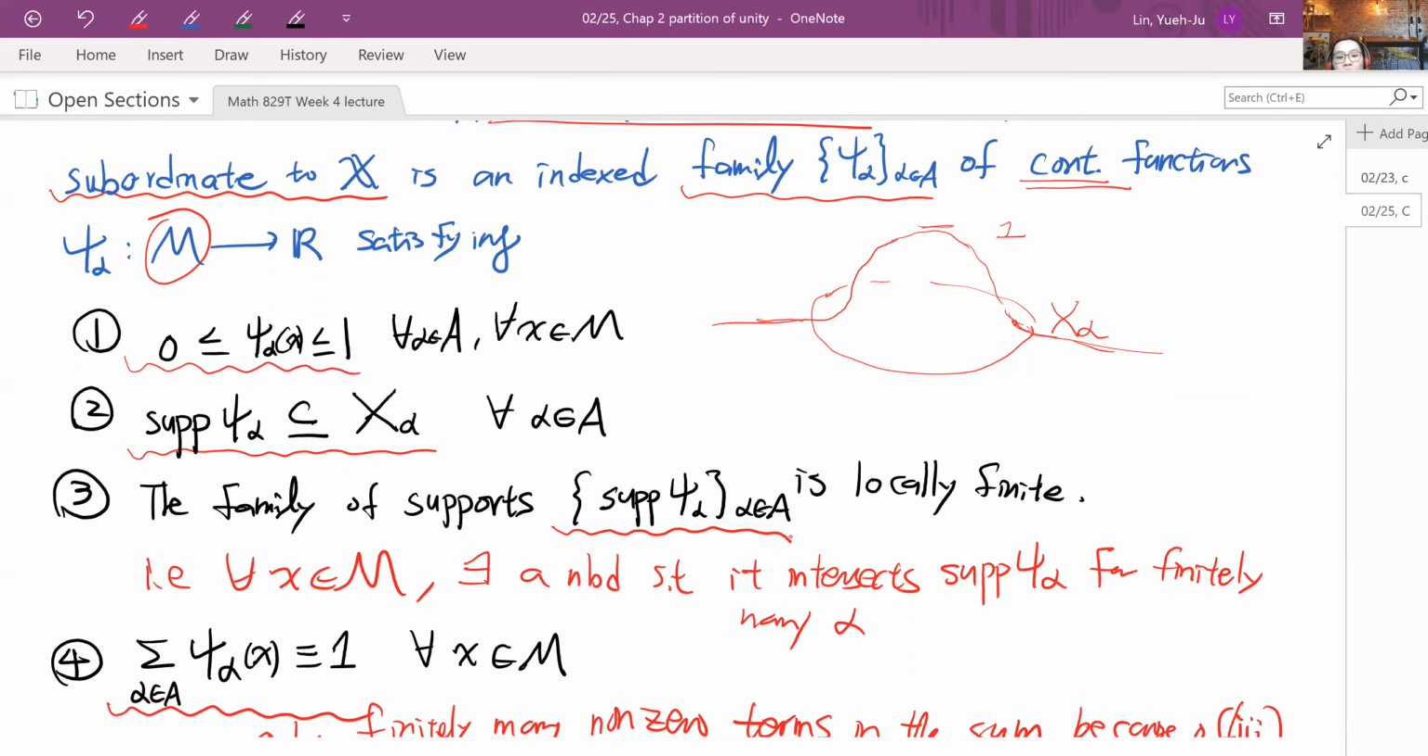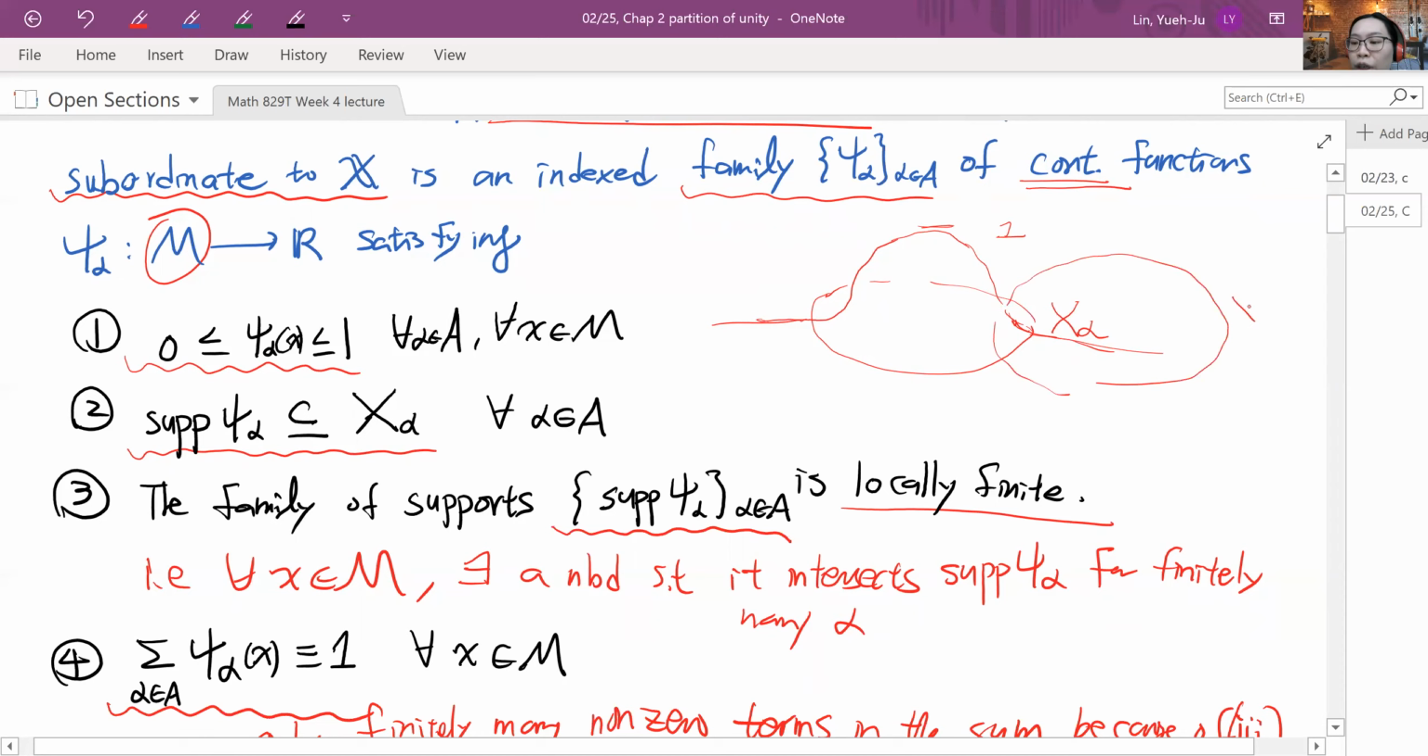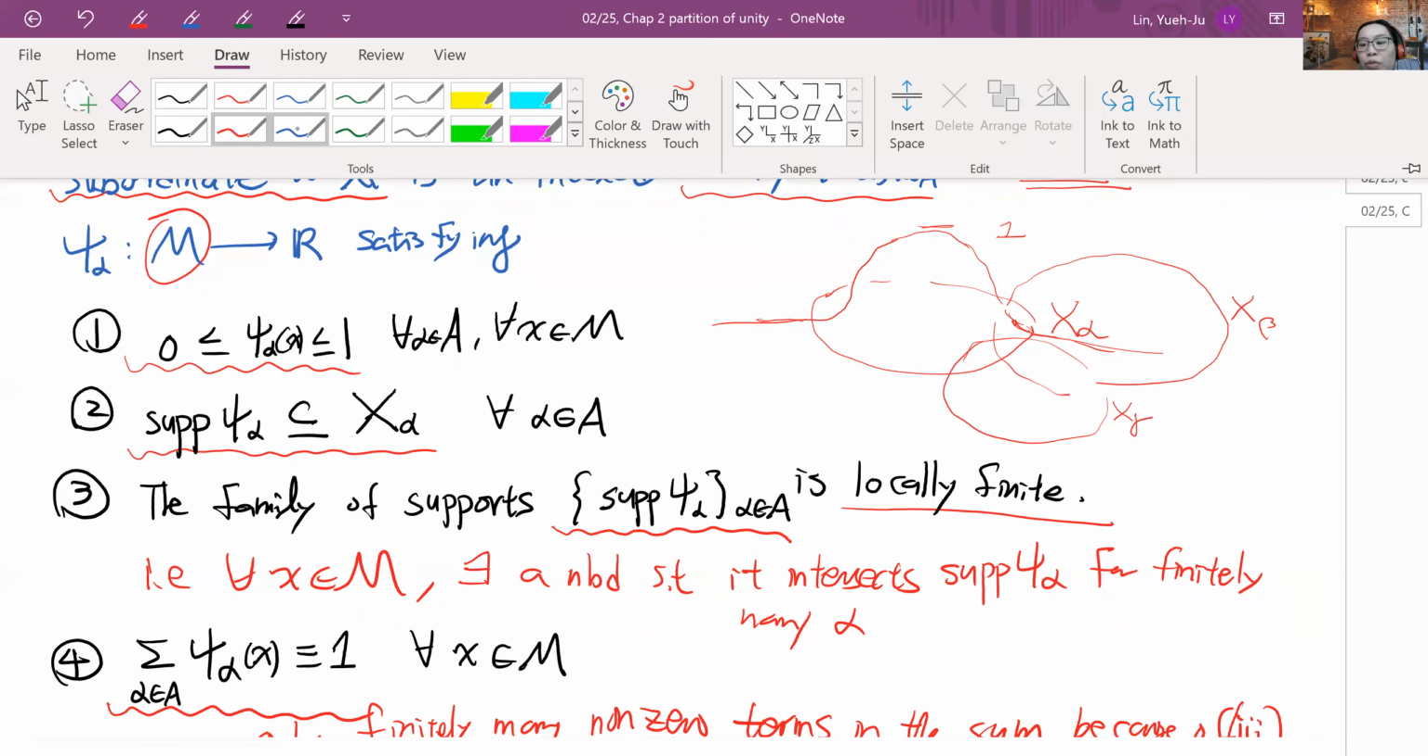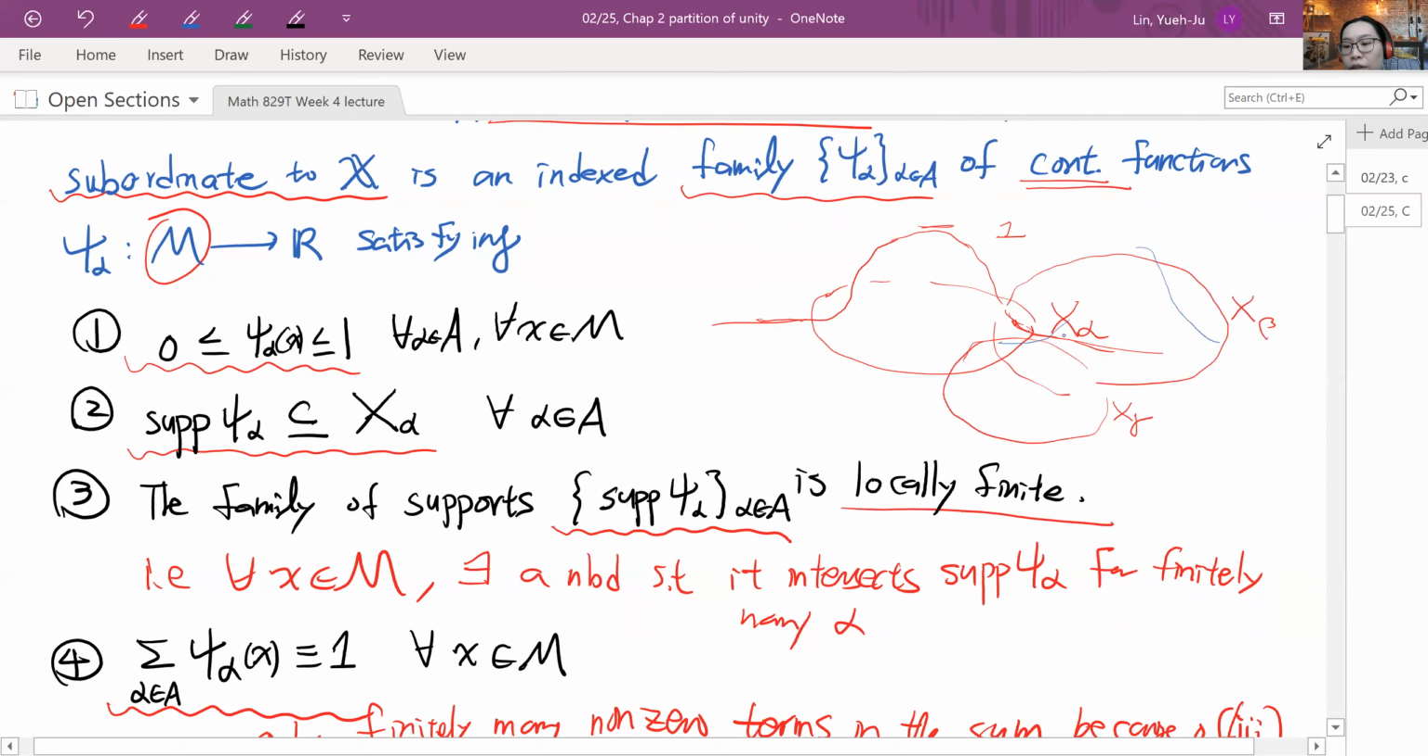And all this support, if you view it as a collection of sets, is actually locally finite. Basically, you might have a whole bunch of X alpha nearby. So let's say this is X alpha, X beta, and X gamma, and you will have the corresponding functions, psi alpha, psi beta, psi gamma. But you cannot have too many non-zero terms in the sense that, for example, if you pick a point, say P,